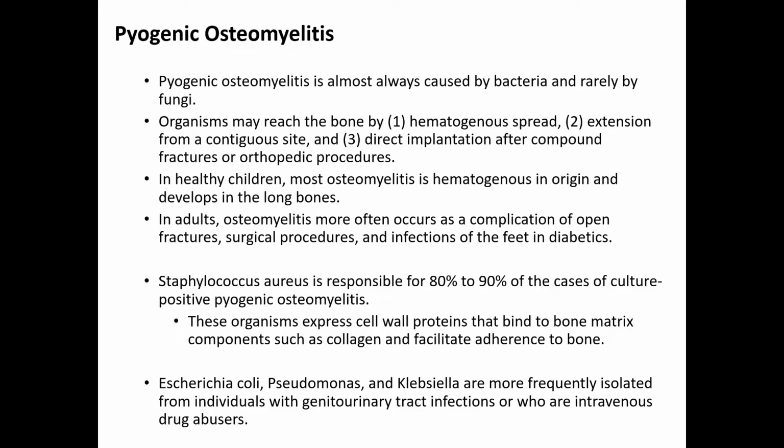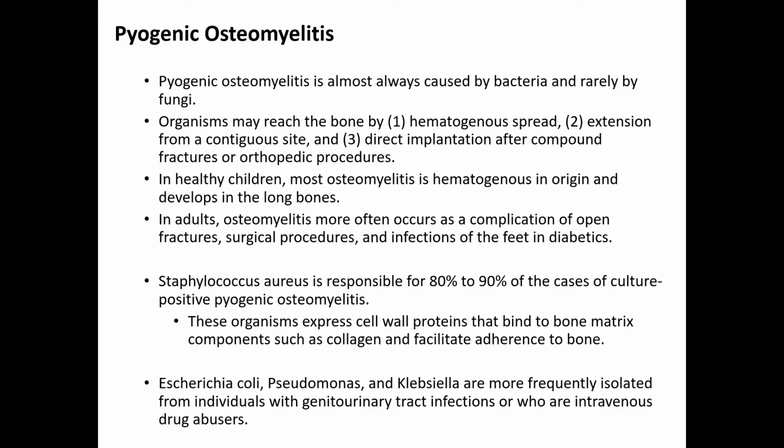These organisms reach the bone by number 1, hematogenous spread, number 2, extension from a contiguous site, يعني فد مكان قريب اللي هو carry the focus of infection قريب من البون, number 3, direct implantation after compound fracture or orthopedic procedure. ممكن يكون احنا يعني يصير الامبلانتيشن او احنا نزرع المايكرو اورجانيزم بداخل البون اللي هو نسميه implantation after compound fracture، بعد ما يصير له fracture او اذا كان سوينا فد orthopedic procedure فد عملية inside the bone وكان الفوكس is